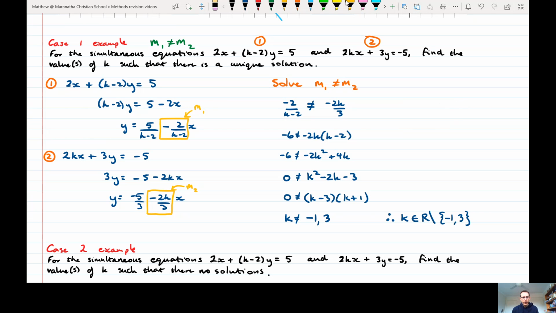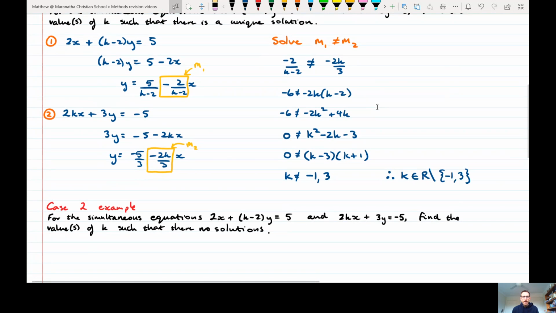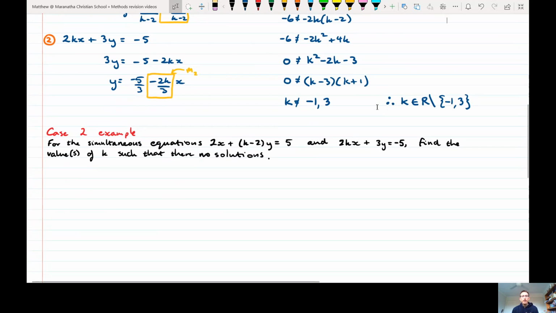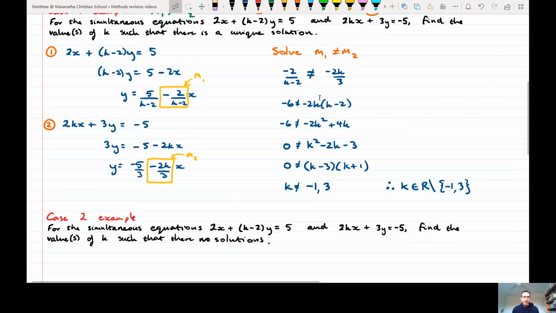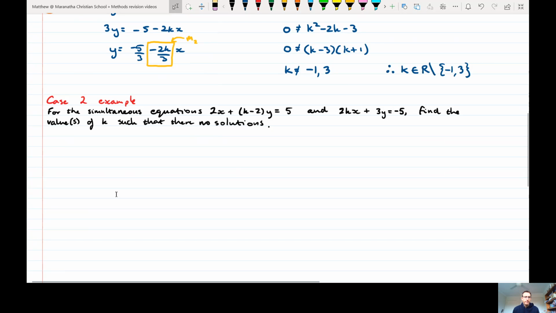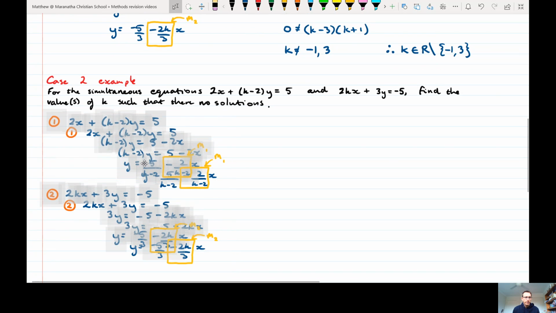Okay, that is case 1, where you have a unique solution. Gradients cannot be the same. Case 2 is where you have no solution. So same gradient, different y-intercepts. So in this particular case, I've deliberately chosen exactly the same two equations so we can have the same setup of work, and then the finish is just that little bit different. So here, the first step, again, using this method, you can use other methods, is exactly the same. We still need to find out